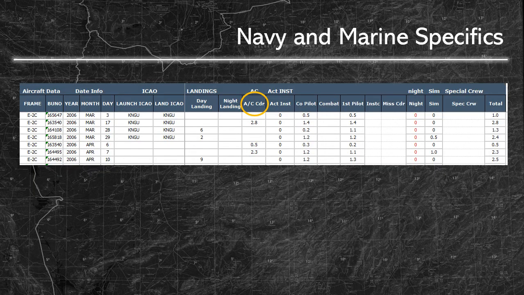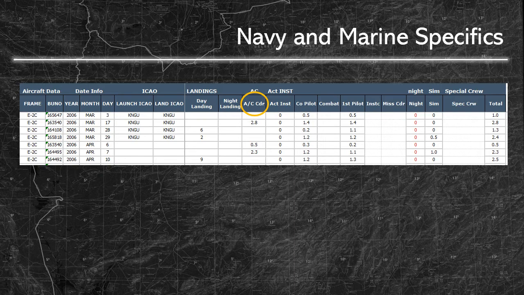The Navy and Marines use yet another system called SHARP or M-SHARP for the Marines, respectively. As with the Army, it is advantageous that these reports are generated in a digital format. But yet again, the Navy and the Marines have different military component times which need to be converted. You can see here there's aircraft commander, co-pilot, and first pilot time. Fortunately, there is a type called aircraft commander time which does directly correspond to PIC, civilian-wise, and anything that is not allocated as aircraft commander time when broken out into the co-pilot and first pilot is something that will get